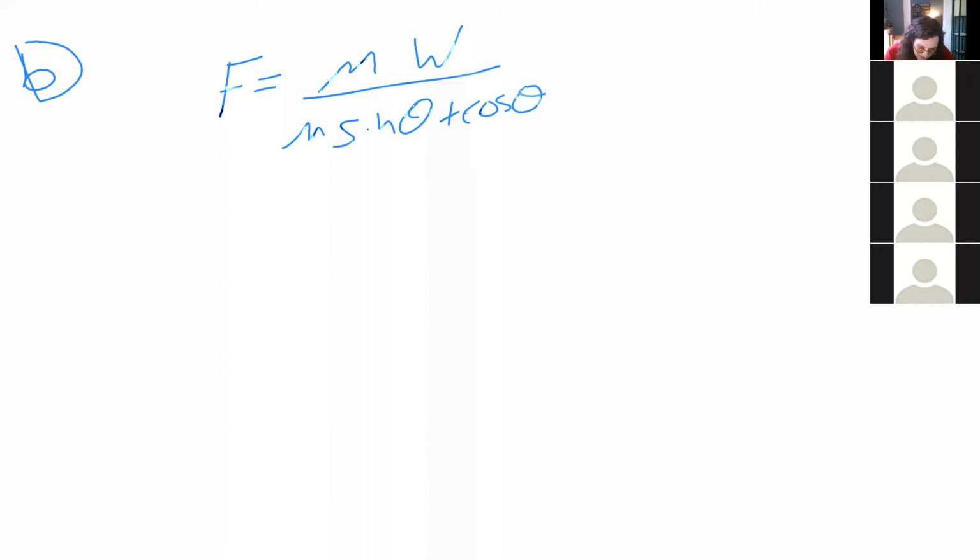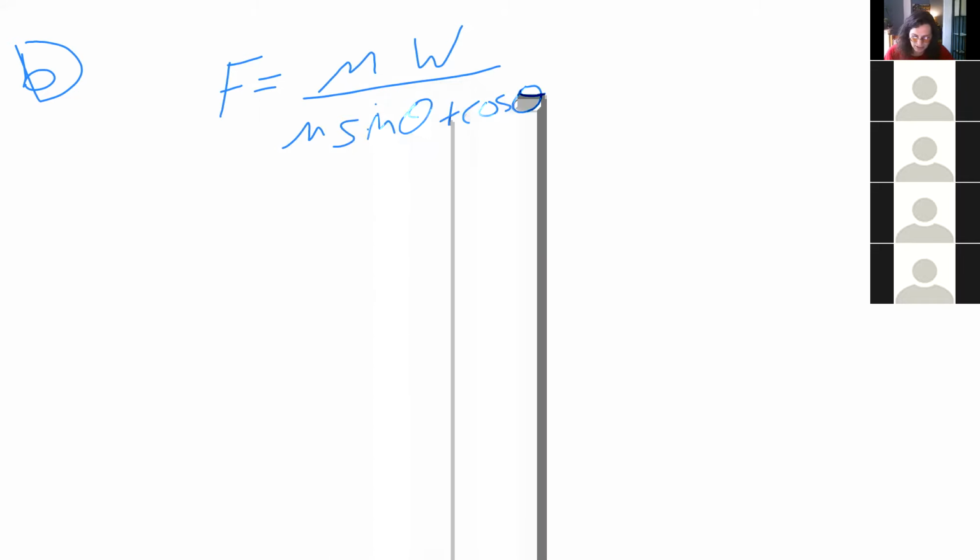And in part B, they ask us to find the angle theta such that our force F is a minimum. I have an equation for the force in terms of the angle theta. If I want to minimize that equation, then what I'm going to need to do ultimately is,